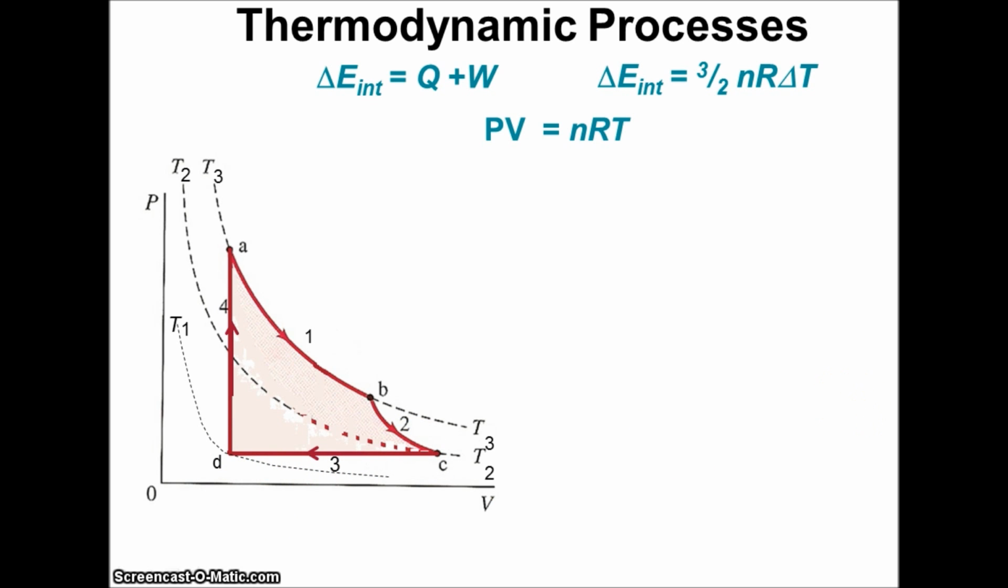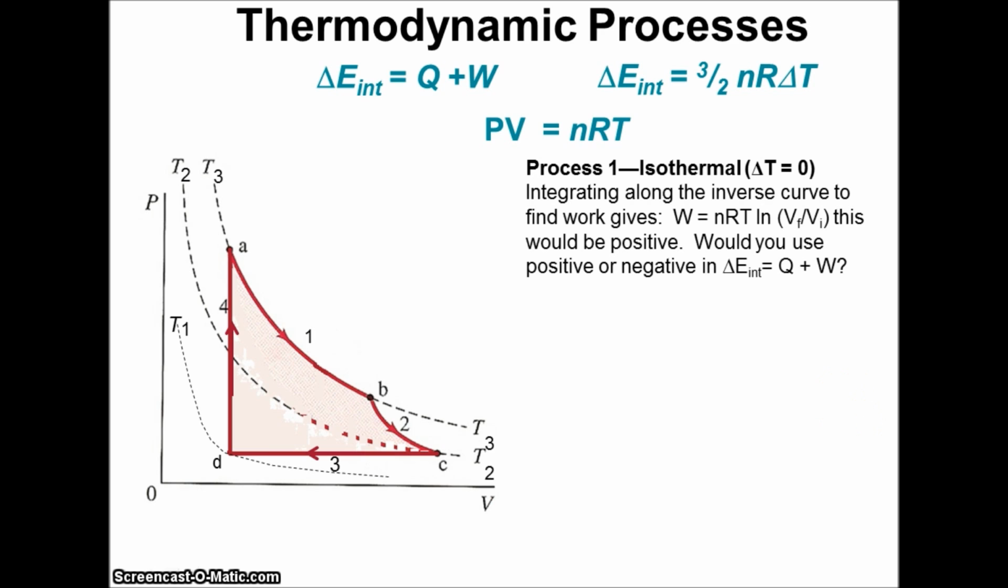Okay, so let's go ahead and continue with this one. Process 1, isothermal, delta T is equal to 0. Integrating along the inverse curve to find work gives, now of course if you're a big exam person, you don't need to know how to integrate along this, but if you did integrate, this is the equation you get. So just in case you're wondering where this equation comes from, and yes, this is one you need to know, it comes from the integration process. So integrating along this